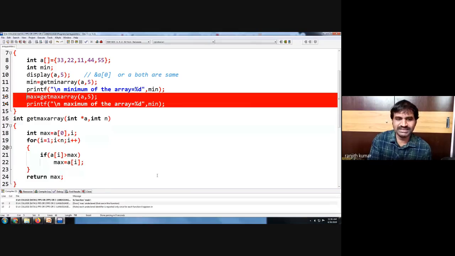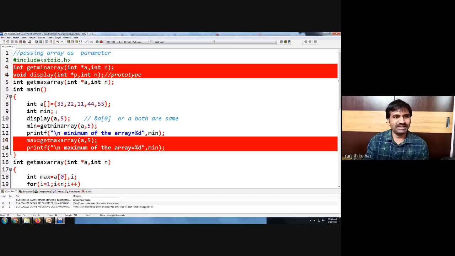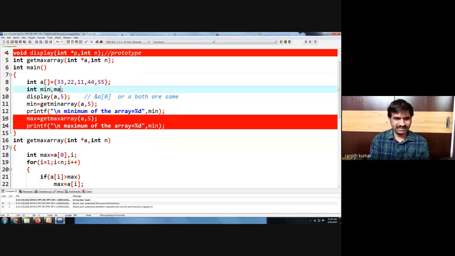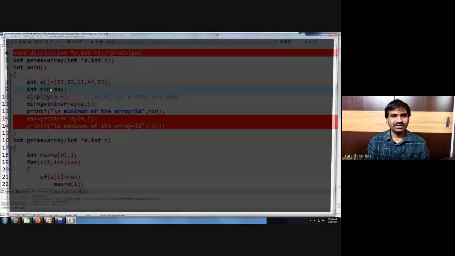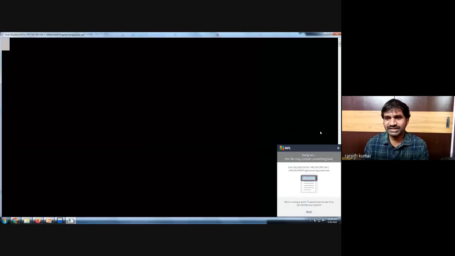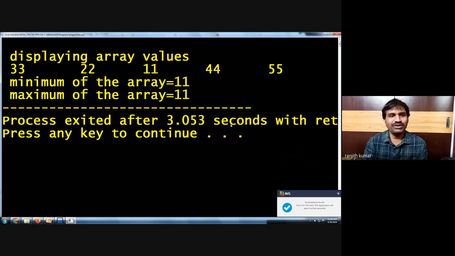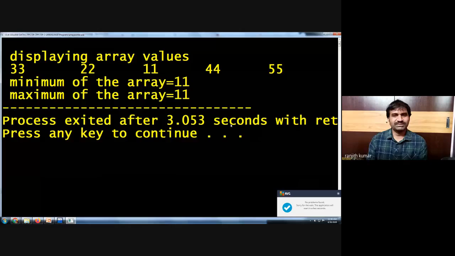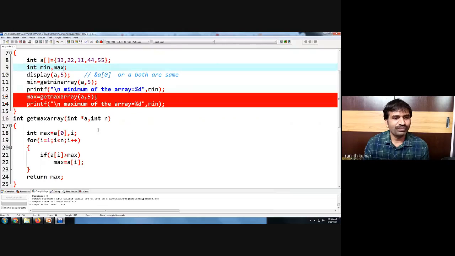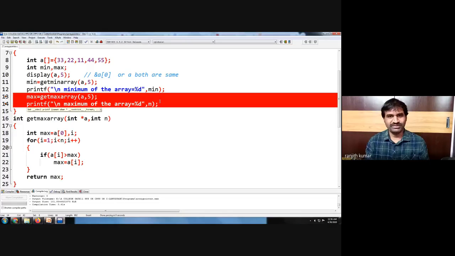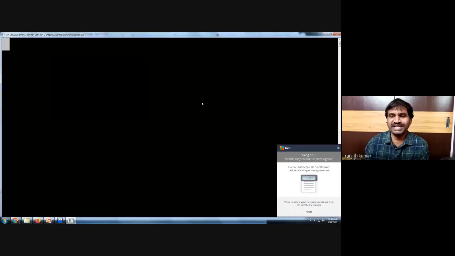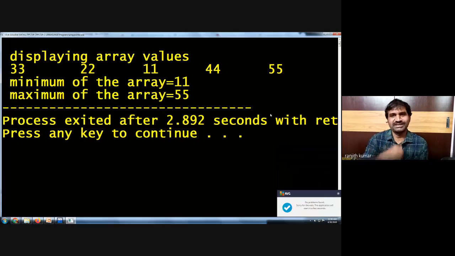Now let us compile this program. Now you have to declare the maximum. Okay, now let us execute, and we got an output for minimum and maximum. I think we got 11 only. Why did we get 11 here? We have to display a variable. So it is always advisable to type the program from the beginning instead of copy-pasting. Otherwise this kind of errors, different warnings and outputs will come.